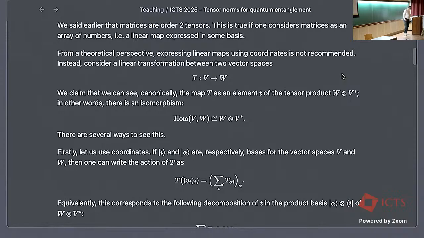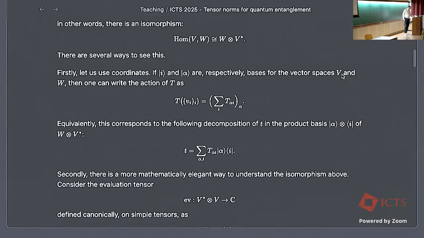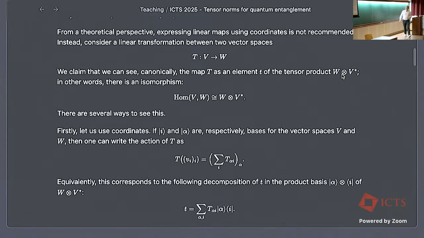So how does this look in coordinates, right? This map T takes a vector v, which has these coordinates v_i, so it's a guy here in V, and gives you a vector in W, and the coordinates of the vector in W are the matrix-vector product. I'm missing a v_i here, right? There is a v_i missing here. So this is the coordinate alpha of the output of the vector T of v.